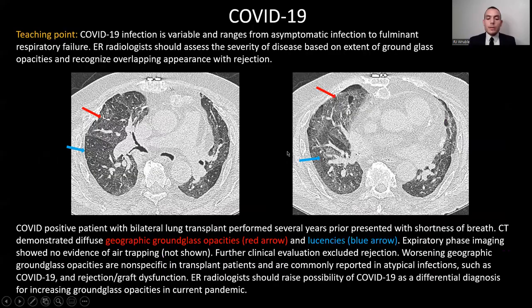The third complication is COVID-19. Lung transplant recipients are a high-risk immunocompromised population, and COVID-19 is no exception. Imaging features often overlap significantly with rejection, and serologic testing is crucial to assist in differentiation. Treatment is similar to the non-transplant population, and prevention is critical. And here are two axial CTs demonstrating diffuse geographic ground glass opacities in both lungs, and this patient was positive